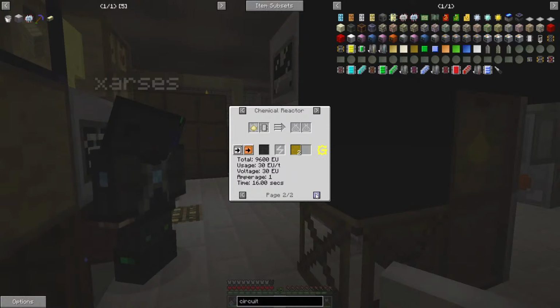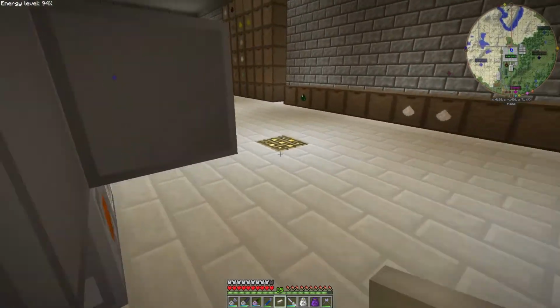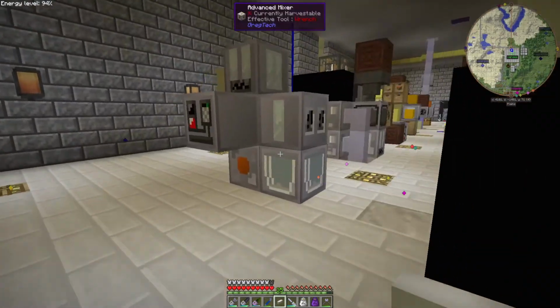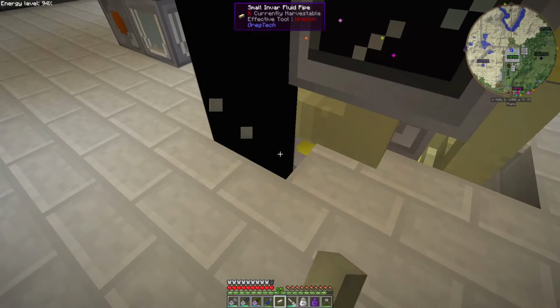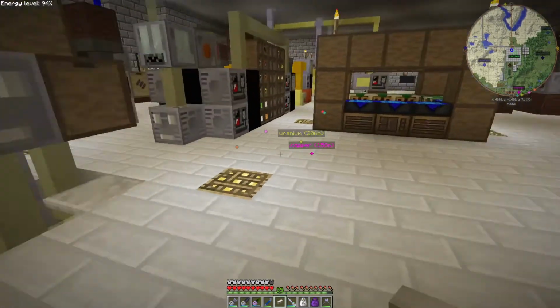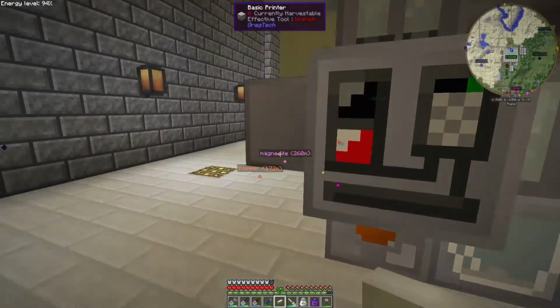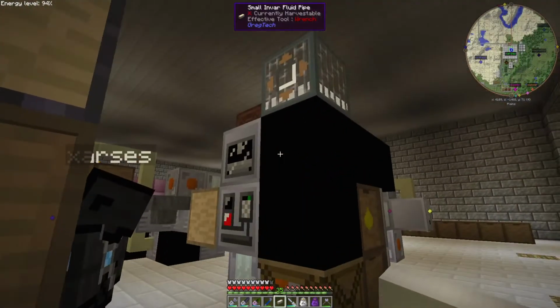Because we don't even need the cell, we can just do a circuit set to 1, put sulfur and benzene in it. We already have benzene piped in back here. Yeah, this one. Piped in right down there. So we can easily pop one in here. The only problem is we can't put it...